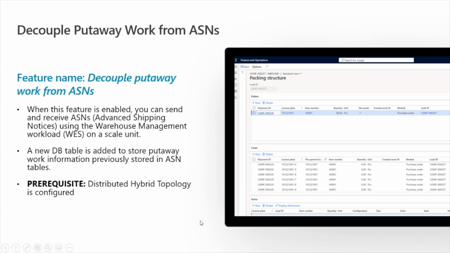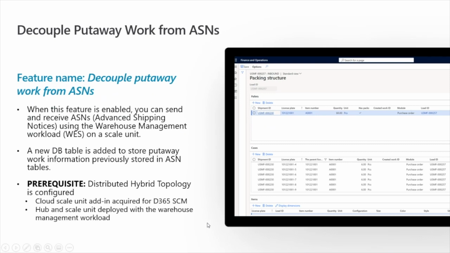As I mentioned, the prerequisite or the assumption here is that you're using the distributed hybrid topology framework. So you would have the cloud scale unit add-in that you've acquired through LCS for your Dynamics 365 SCM instance. You've got your hub and your scale unit environments deployed, and you've got your warehouse management workload set up in one of those environments.